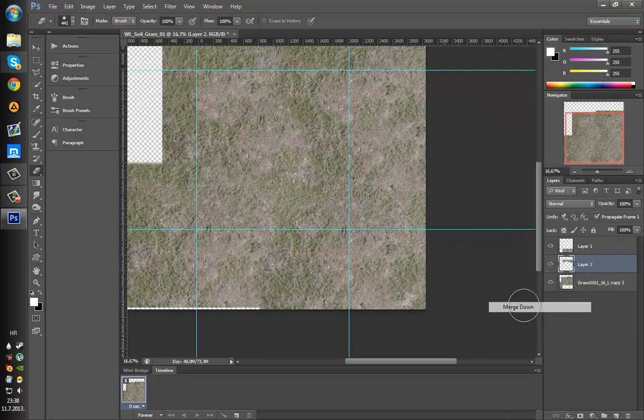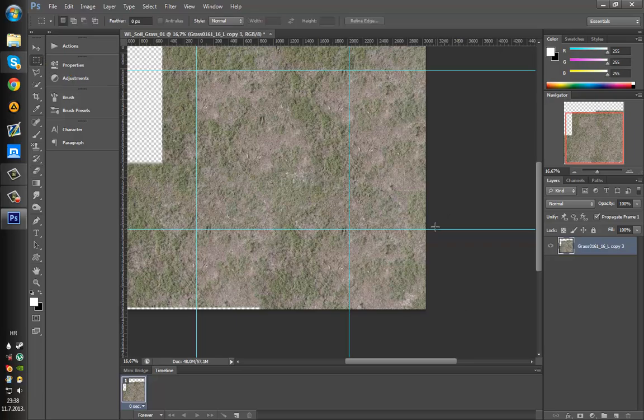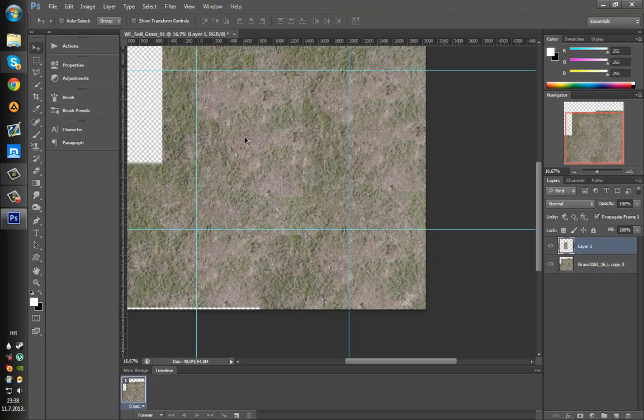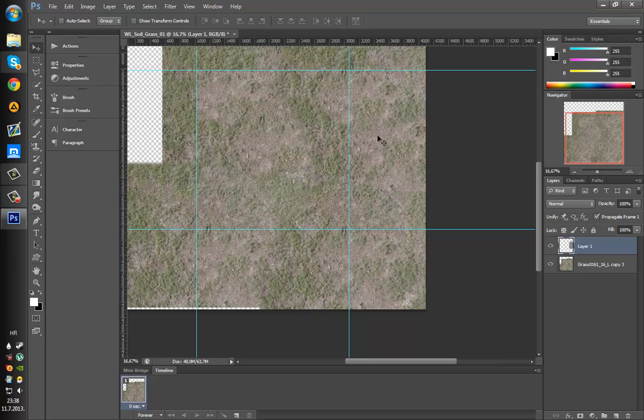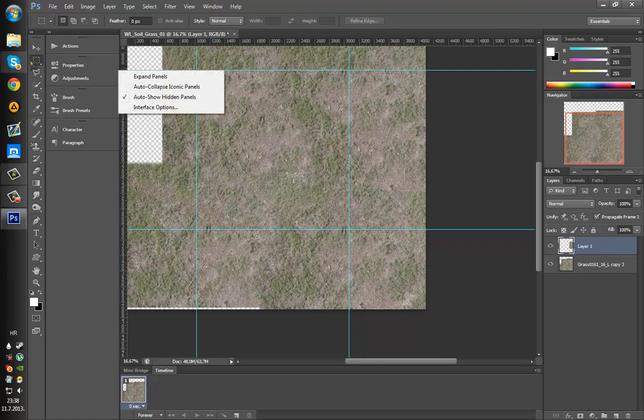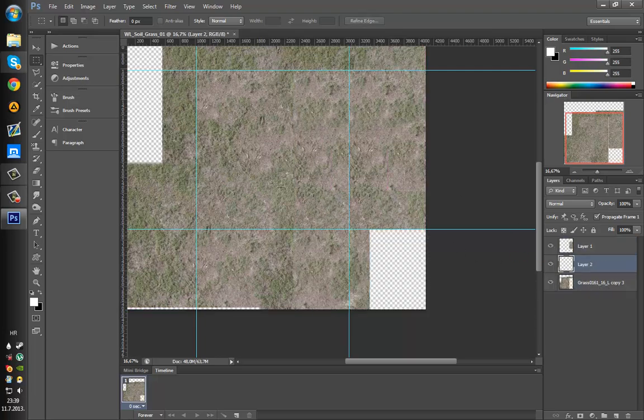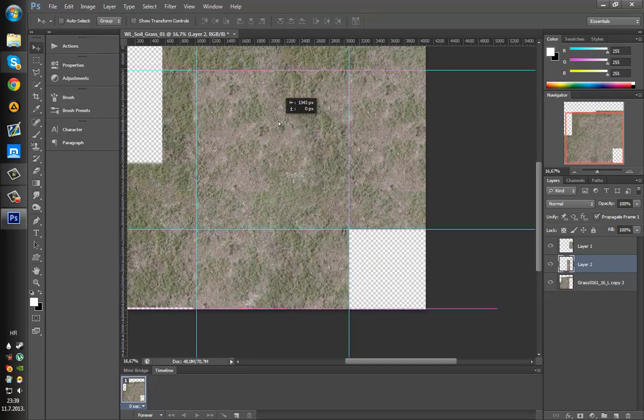Let's just merge it back down, and now what we need to do is do exactly the same thing, but only using this, and put it basically, although you don't really have to do it like that. I mean, you could just copy more of it, but in my case I'm just going to take this, not from that layer, take this and put it here,